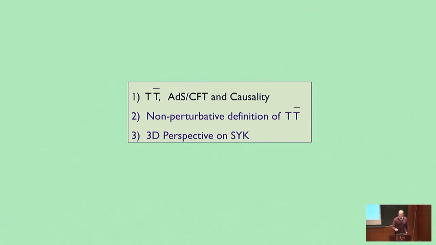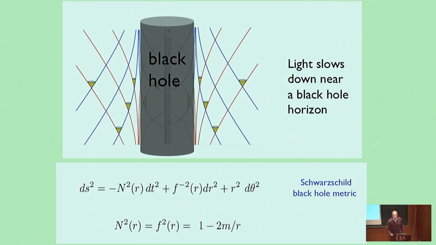So I'll talk a bit about causality, and the middle part of my talk will be the question whether this T T-bar deformation actually has a precise definition, and I'll make the case that the T T-bar deformation has a precise non-perturbative definition. So for those of you who missed Peter Shor's talk yesterday, there's this apparent paradox or contradiction between two common notions